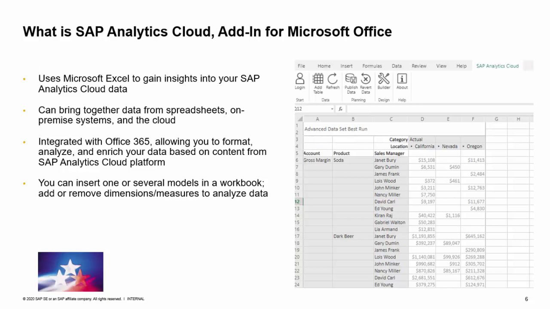And in the beta version, we could only analyze SAP Analytics Cloud data models based on the import connections. We could not use the live connections. And you can insert several models in a workbook. You can add or remove measures to analyze your data. You can add total rows in your columns to your table or subtotals. And in your analysis, you can use dimensions with hierarchies